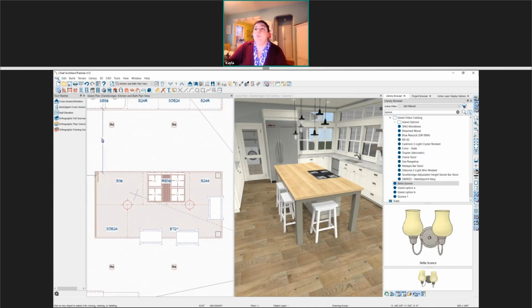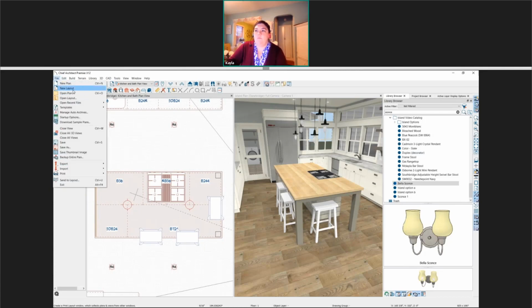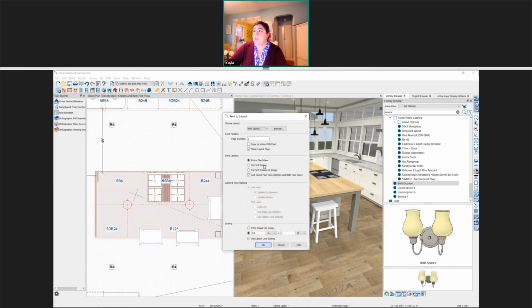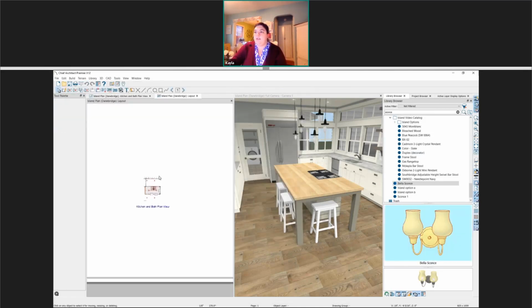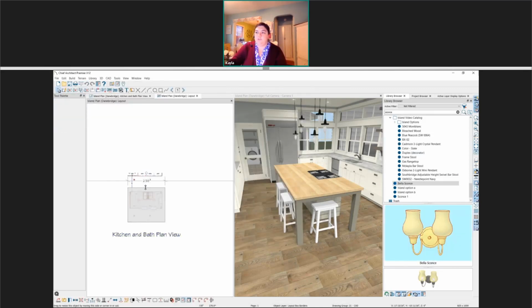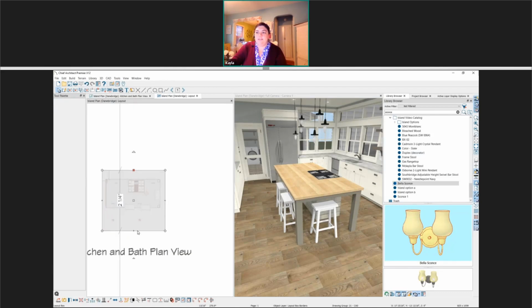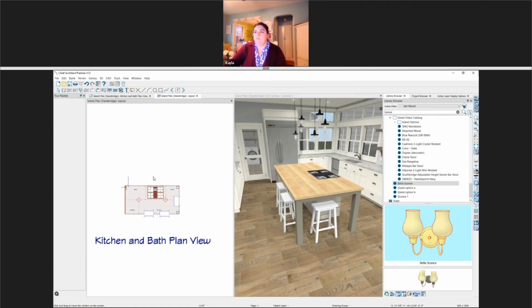Yeah. Okay. So when you send to layout, which we'll go ahead and have to create a layout, but let's just send it right here. There's an option to just do current screen. So instead of taking the entire plan, we can just choose the screen as we're zoomed in on. And then in the layout, this box, we can just crop it down. So that's usually the easiest way. Yep. That's awesome. Perfect.